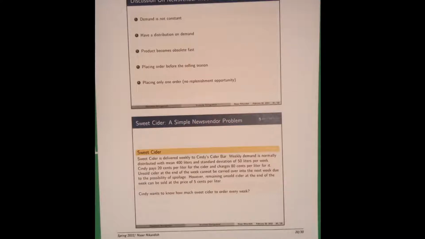Especially if the product is a seasonal product, especially if the product has a little bit of a flavor of the fashion industry, then it becomes a lot more complicated problem. You have to make an inventory decision before observing uncertain demand. And because of that long production cycle, in this case, I mentioned 6 months, it's very, very difficult, almost impossible, to change your inventory decision in the middle of the season.